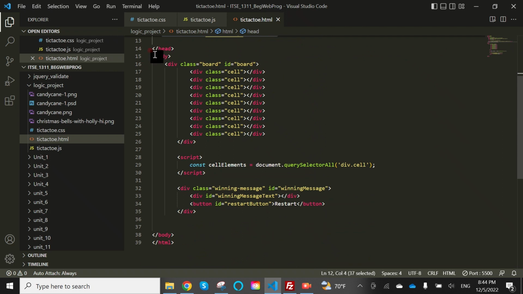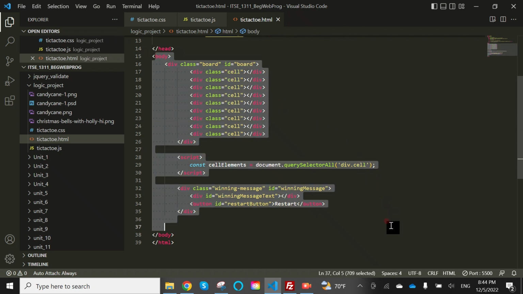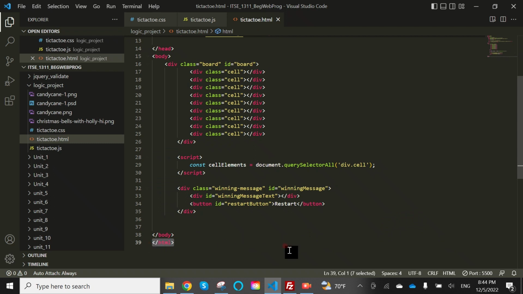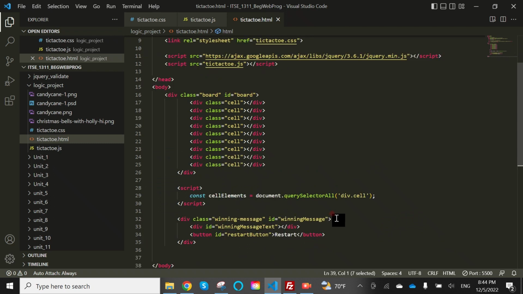So the next part, after we get past the head section, is the body section. And that is really the rest of this HTML page. As you can see, the HTML end tag is here with the backslash. And it's really quite simple. As I've said before, most of the work is done by JavaScript, and then the styling is from the CSS page. So really what I want to show you is I'm creating a grid or a board,